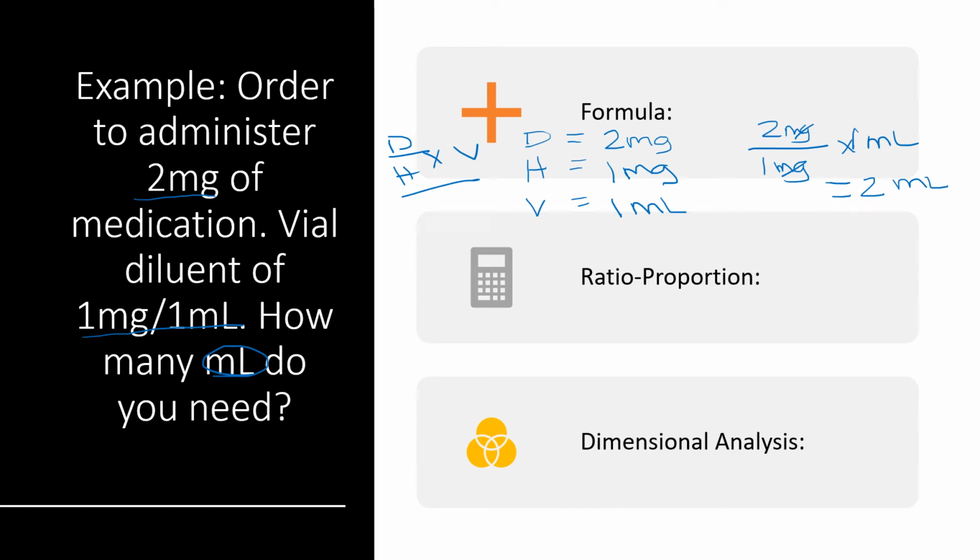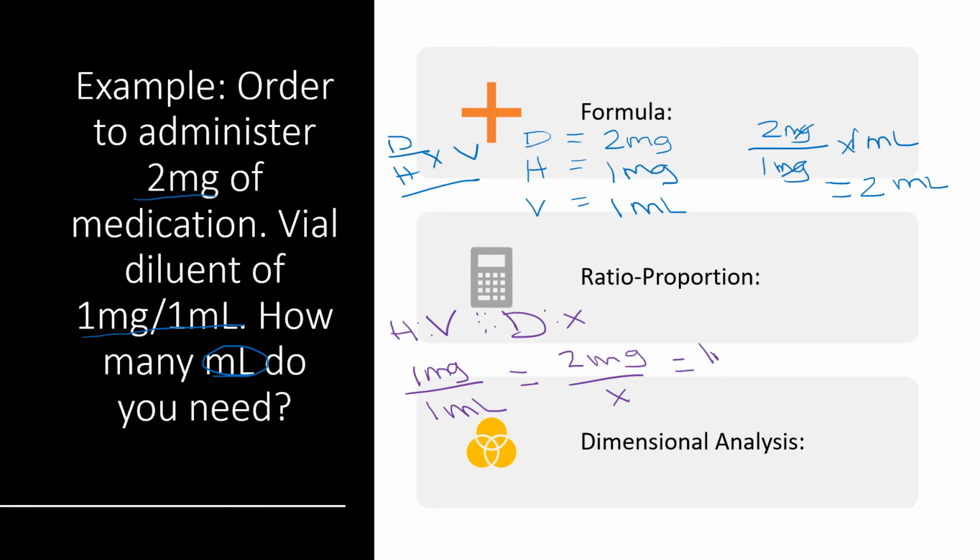Next is going to be doing the same problem with ratio proportion. So ratio proportion takes our have to our vehicle, should be equivalent to our desire and our x. So our have is 1 milligram, and that is in a vehicle of 1 milliliter. That's our ratio, and it should be equal to our desire, which is 2 milligrams over x. So we're going to cross multiply,